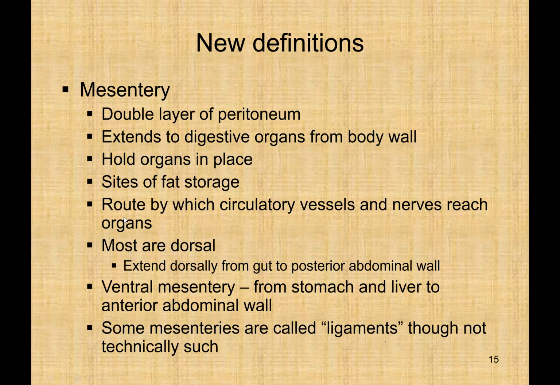So they hold organs in place, and it is where most fat storage is done, where you have most routes of circulatory vessels entering and coming out. Mostly they are dorsal, and then they may also have ventral mesentery. So the ventral mesentery, we can see it from the stomach and the liver. And then when we have these ventral mesenteries, they can eventually form into something we call the lesser and greater omentum. So we'll be seeing the omental bursa very soon. Some mesenteries are called ligaments, though not technically such, because they connect the liver and the stomach or